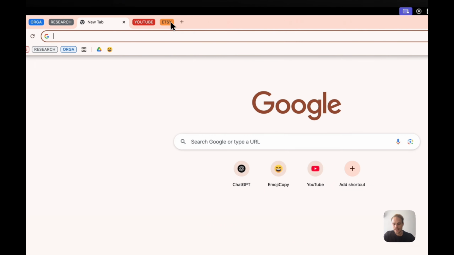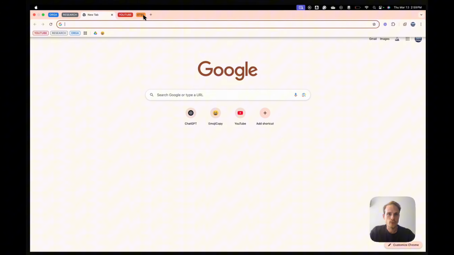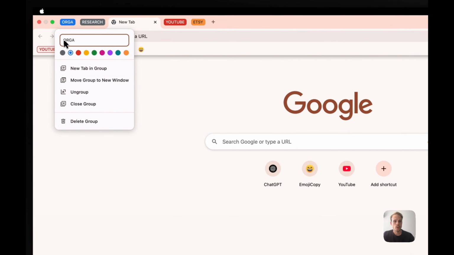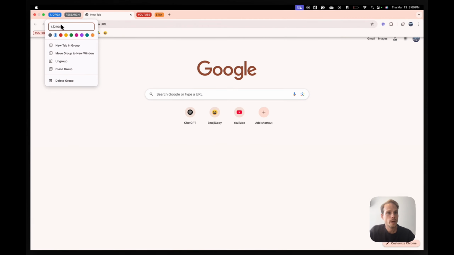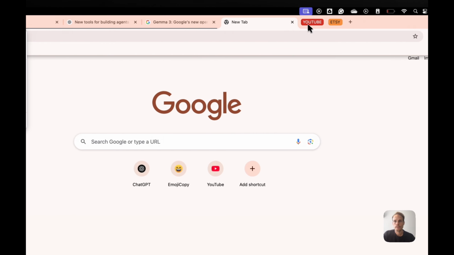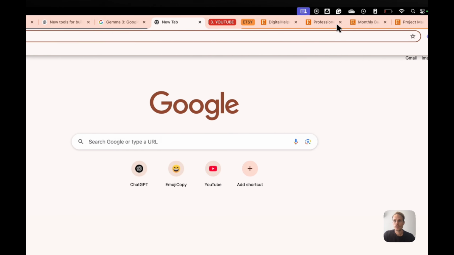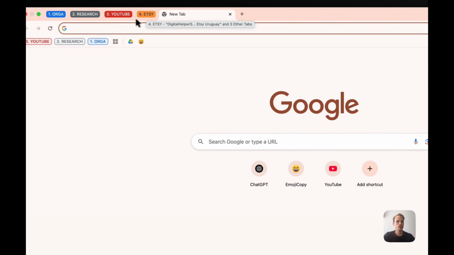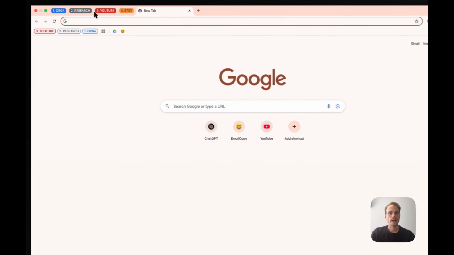So this is, as I said, one of my favorite features in Google Chrome. This really helped me to structure my way of working better. And of course, you can personalize that or structure that even more. For example, if you prefer a more structured way, you could also say 1, 2, 3, and 4. So for your personal structure, you always know in which order you would like to have the